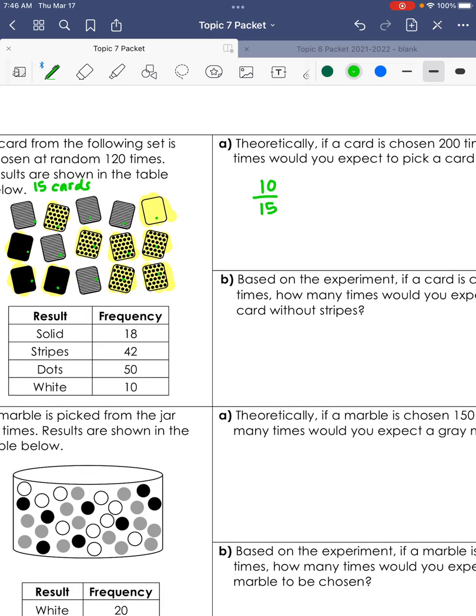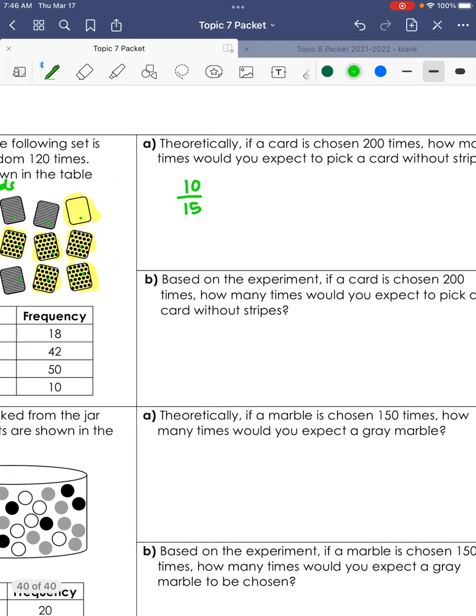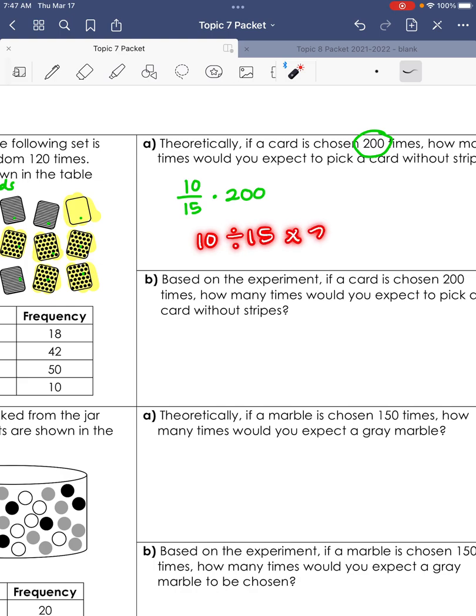Now, I could reduce this, but it's not necessary because we want to know that if a card was chosen 200 times, theoretically, how many would we expect to be without stripes? So I'm going to multiply this fraction by 200. So in my calculator, I'm going to type 10 divided by 15 times 200. And I'm going to see what I get. So 10 divided by 15 times 200. And I get